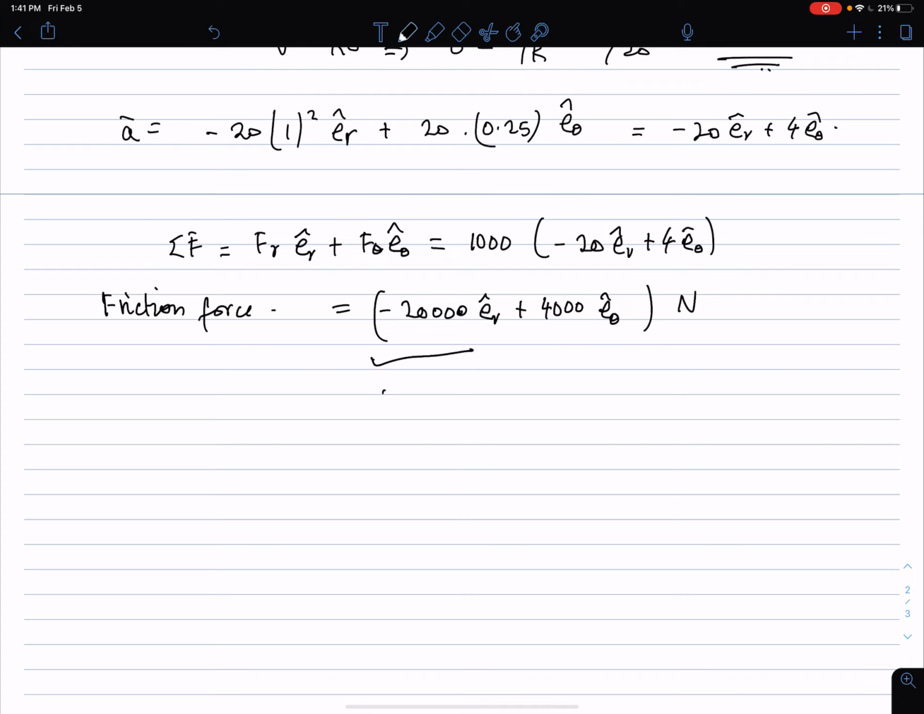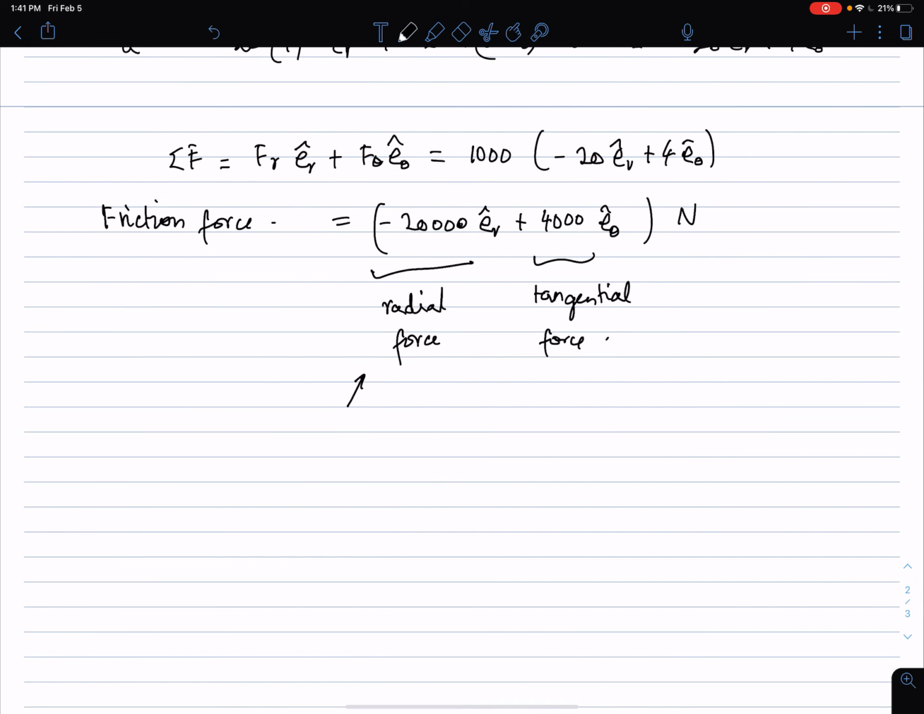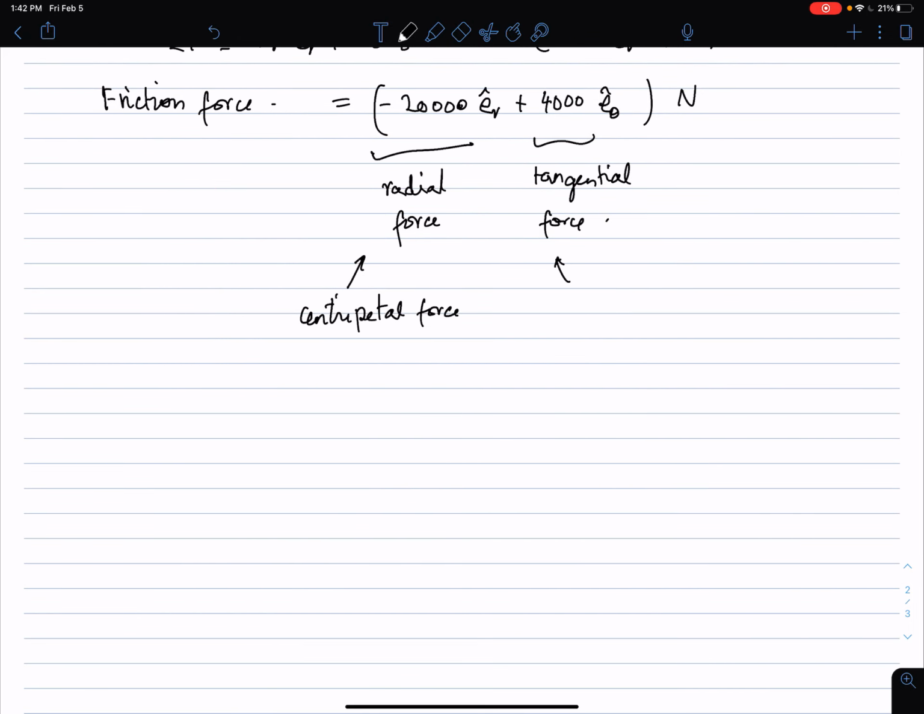Okay, radial force component and then the tangential force component. Okay, this radial force is basically the centripetal force, which keeps the car going in a circle, and this tangential force is the thing that actually provides the acceleration of the car around the circle. Okay, so this is the centripetal force. And this provides acceleration, provides